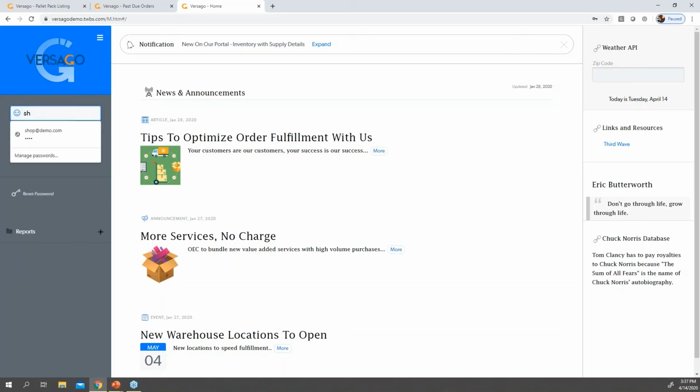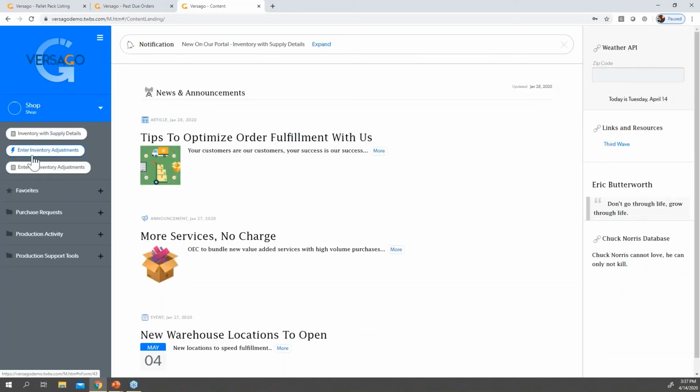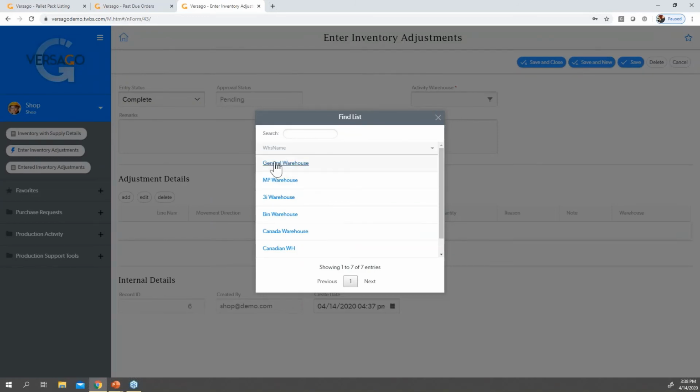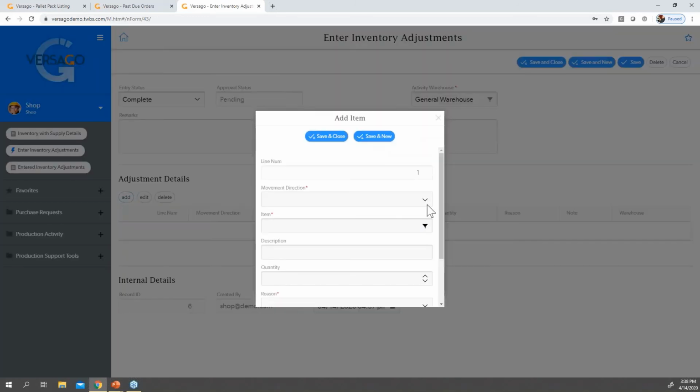Last up for today is shop floor employee. So this is where, similar to some of the other things that we've seen so far, what's the inventory? I need to enter an inventory adjustment. So maybe I broke something, and historically I would turn in the broken item. You can see here that approval status is locked out because an approver needs to approve it. But this is where, what warehouse was it? And what is it that you need to adjust?